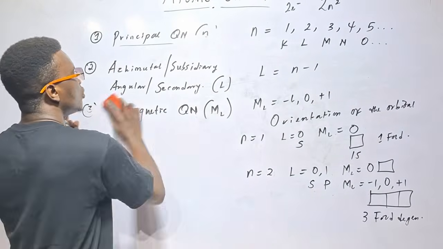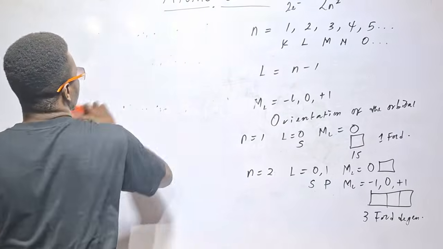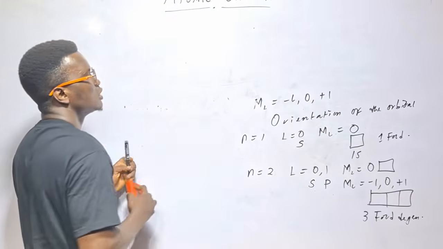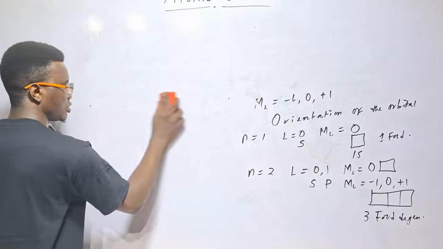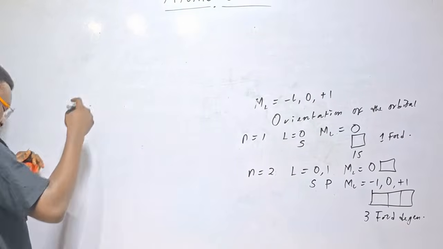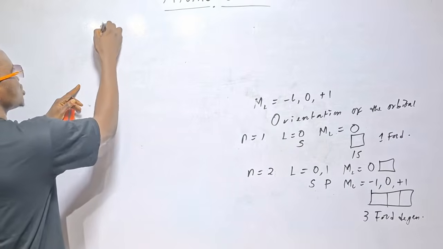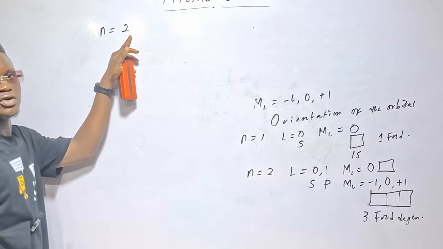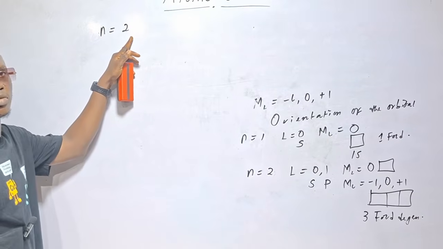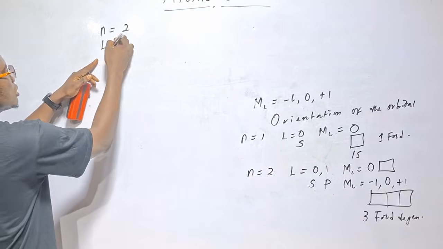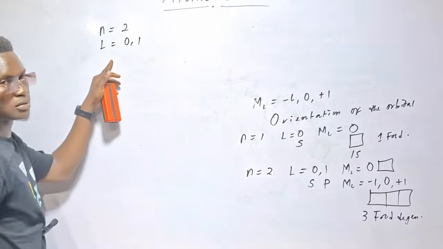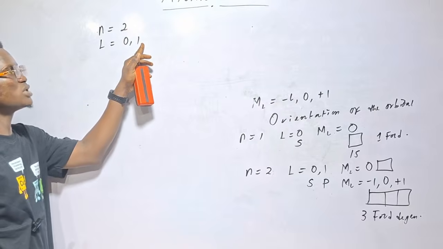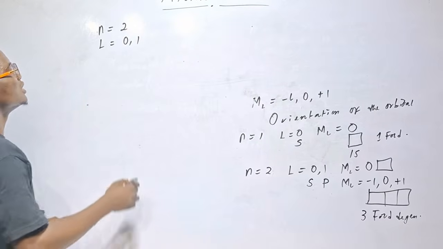So let's go over it again. Let's go over the calculations again, in a clearer picture. So in a clearer picture, let's say n is equal to 2. If n is 2, what do you think L will be? L is going to be 0 and 1. Do you agree? Because that will be n minus 1, that's 1. So that means it goes from 0 to 1. Then,